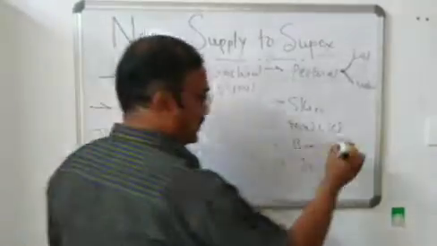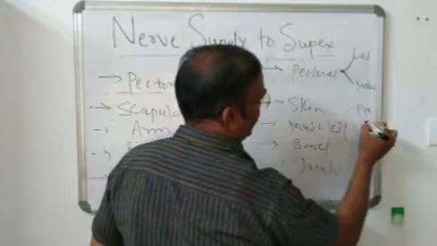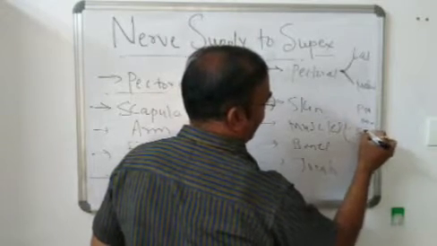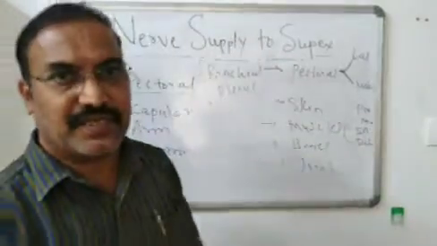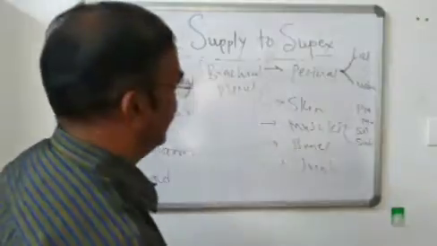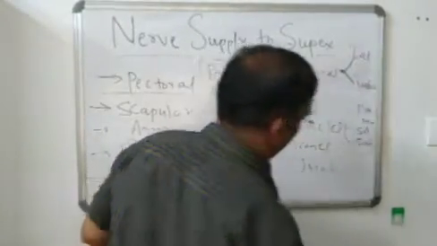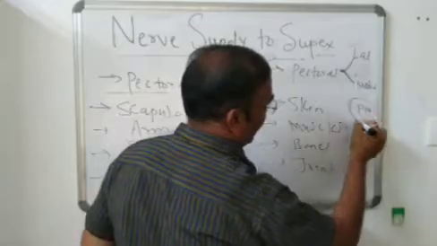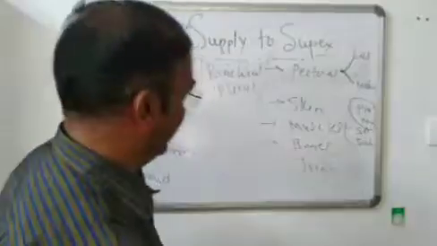Mainly the muscles. The muscles are again four in number. In that, pectoralis major muscle, pectoralis minor muscle, then serratus anterior muscle and subclavius muscle. So these are the muscles present in pectoral as well as thoracic region, supplied by the lateral as well as medial pectoral nerve. Remember, the pectoralis major and pectoralis minor have dual nerve supply, double nerve supply, hybrid muscles.